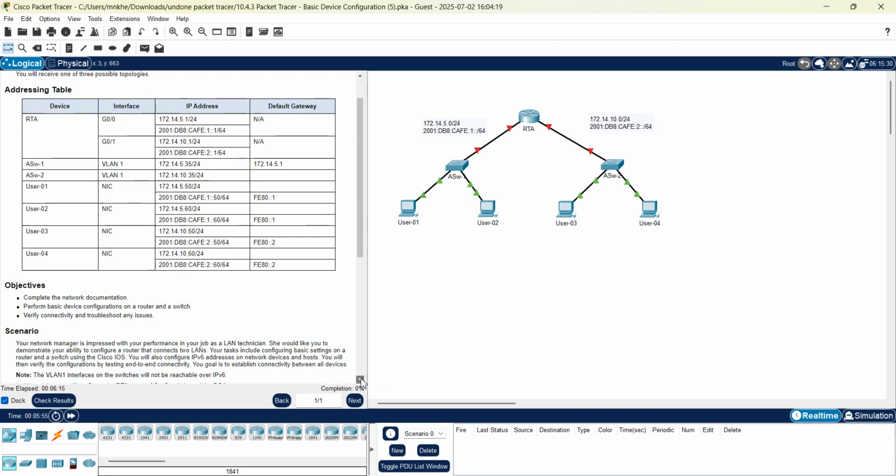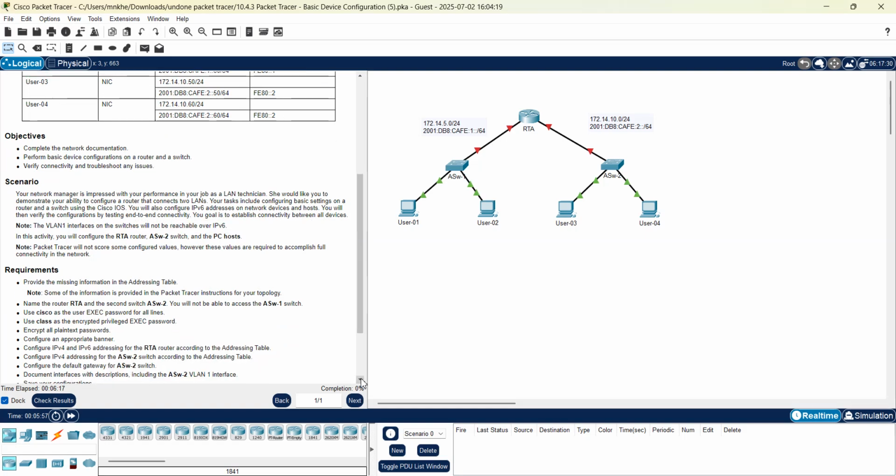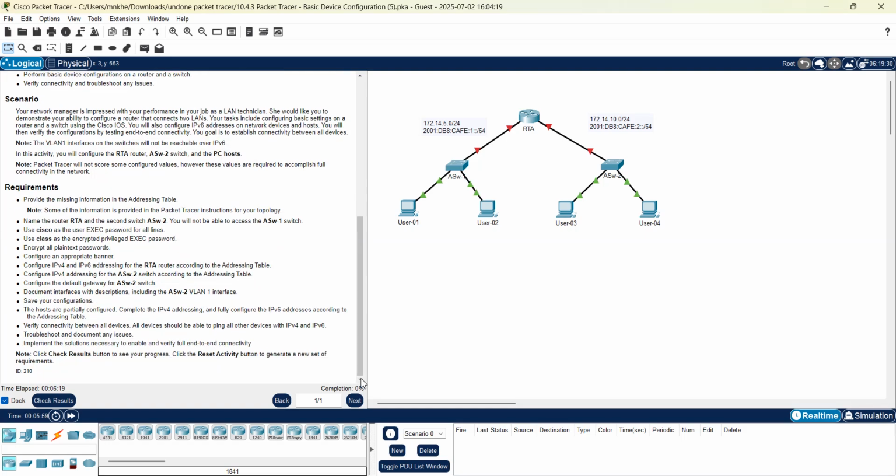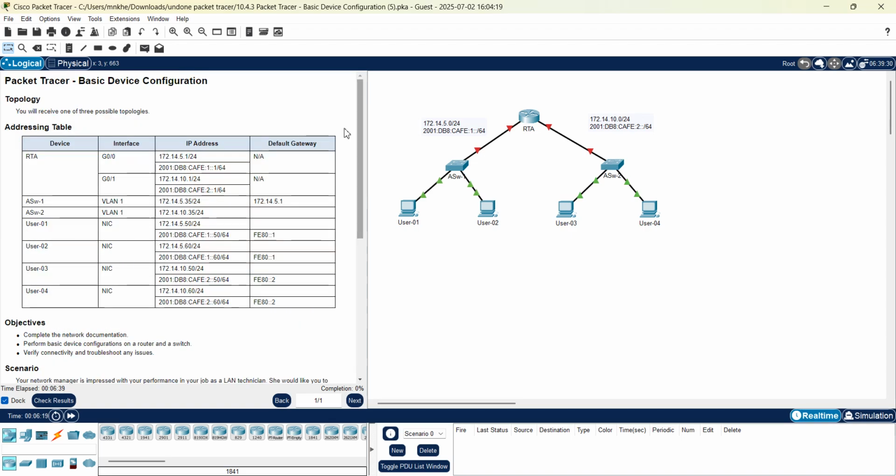So as you can see, you have your addressing table, objectives, scenario, and requirements. In today's video, you don't have instructions, which means everything we need to be doing will be in our requirements. They say provide the missing information in the addressing table. Note some of the information is provided in the Packet Tracer instructions for your topology. So if you go back up, you'll realize that the missing